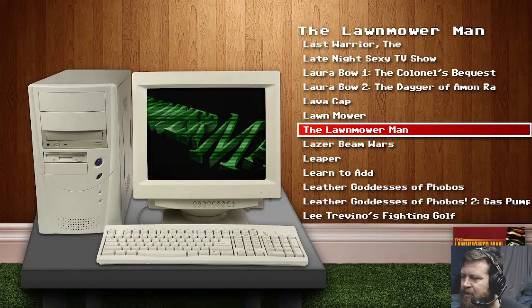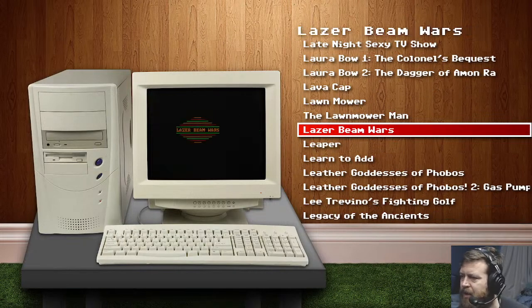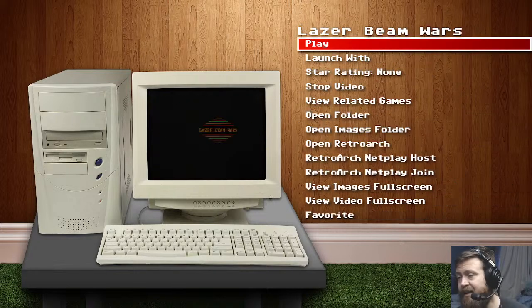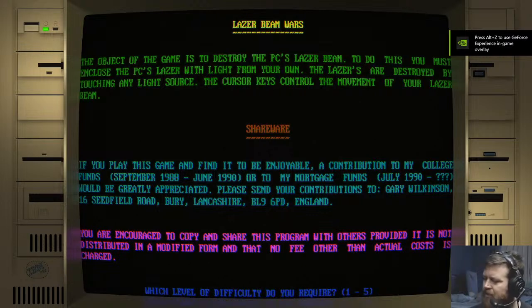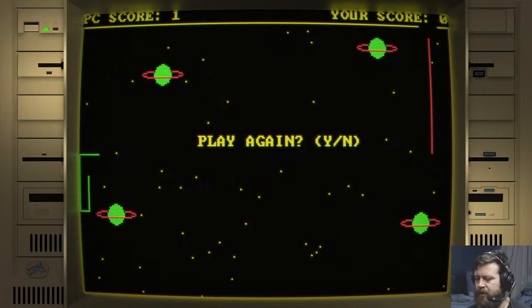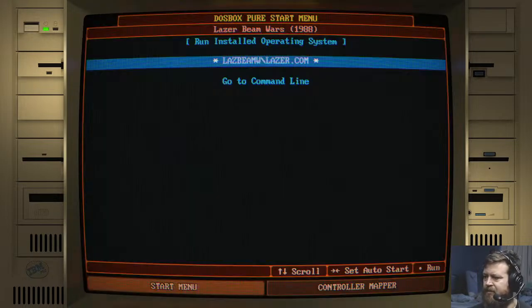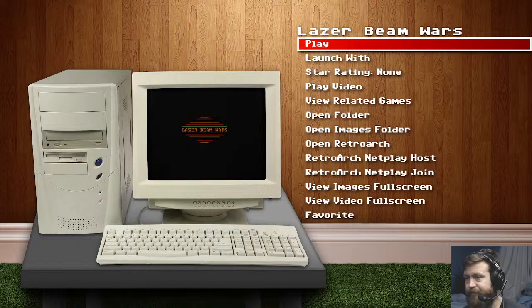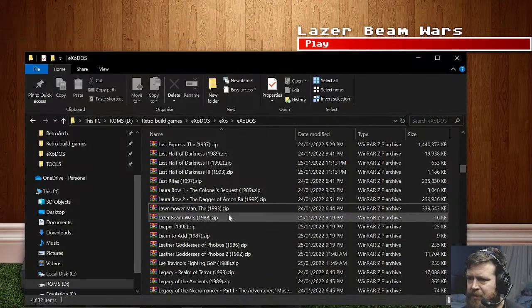I gotta figure out where... I swear I've seen a better version of that going. I don't know, I'll leave that, because I got a soft spot for those stupid things. And I like Lawnmower Man. Laser Beam Wars! See, I thought the Sega CD, but I do remember it looking better. Maybe I'm remembering something else, but yeah, sure, okay, what was going on there? Oh. Alright. Well, that failed me. Just give him the damn laser beams.